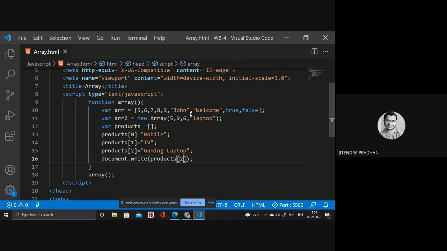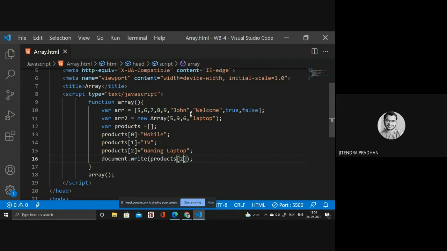Okay, so next we have to discuss reading the value, searching the value, inserting the value, deleting, and replacing the value. Like if you want to replace the 5 with a numerical value, you can.